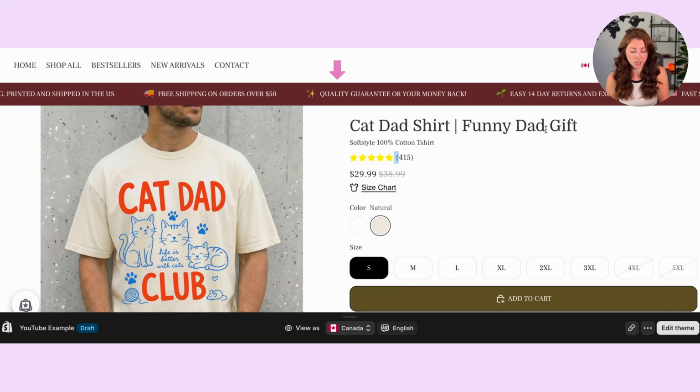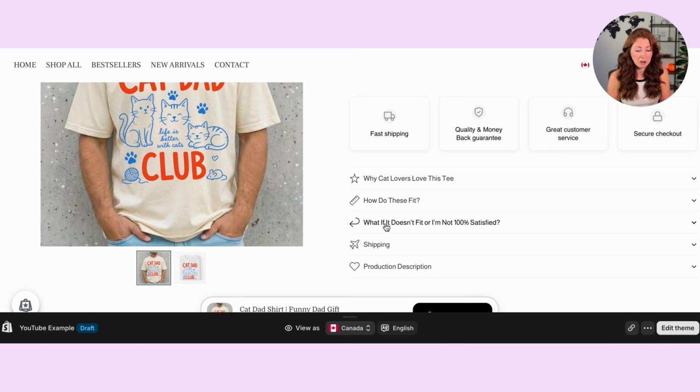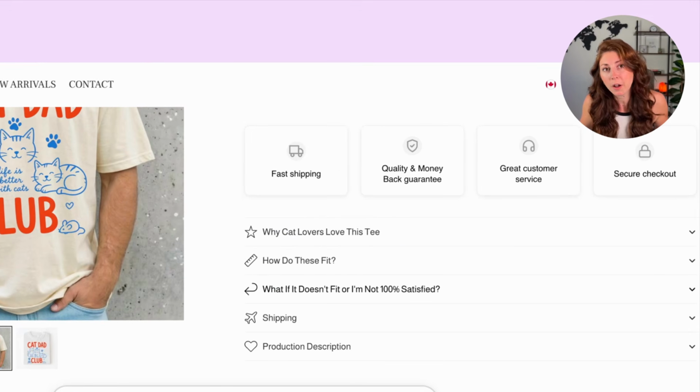14-day returns and exchanges. If we scroll down here, I've got a note here. I have my quality and money back guarantee. I also state that if it doesn't fit, or what if I'm not 100% satisfied, I again back up that we have these guarantees and they can get their money back. That way, even if they get the worst product they could have ever asked for, they know they can get their